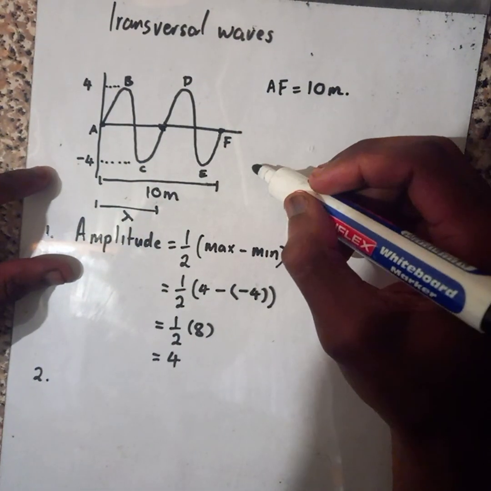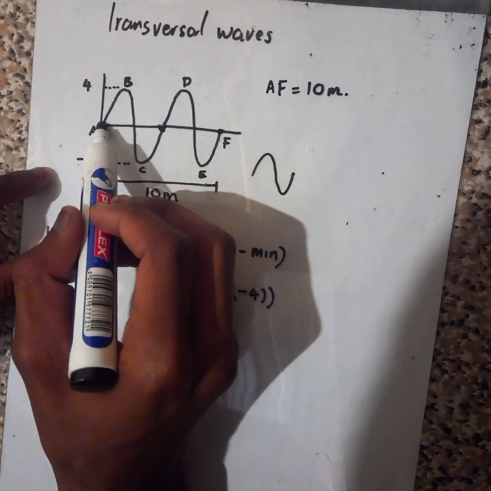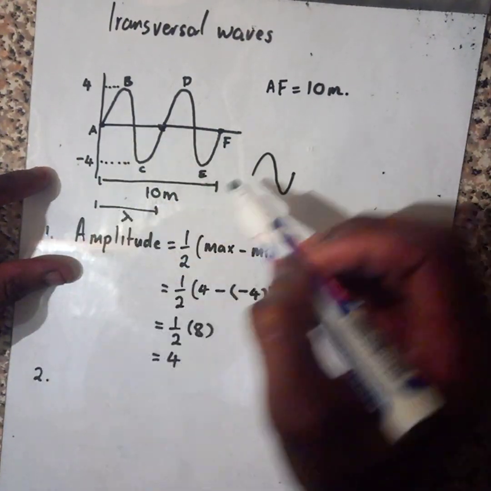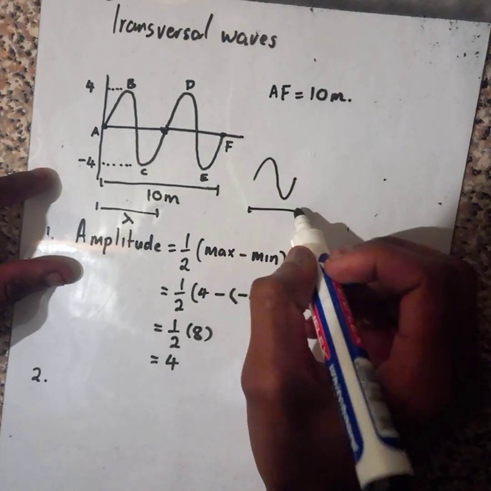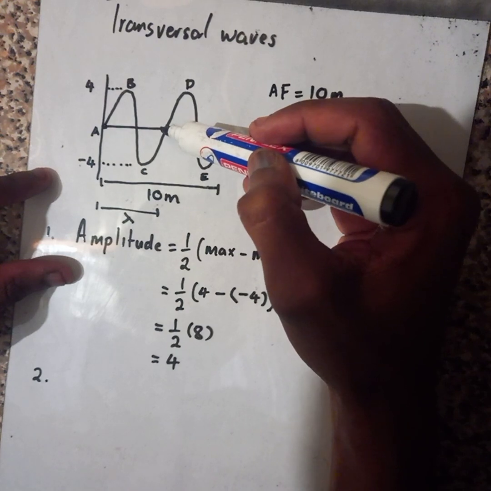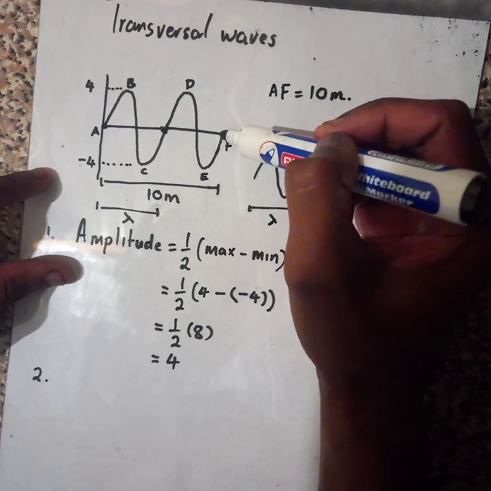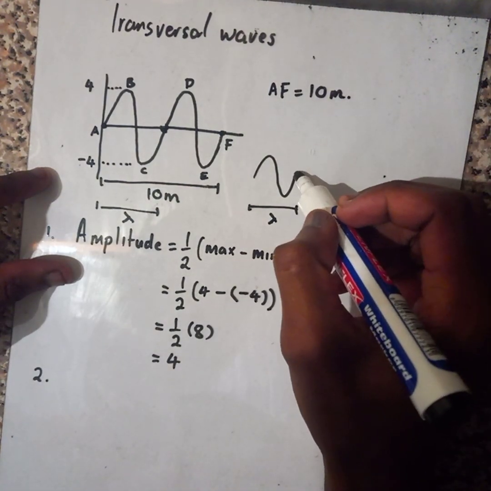We have the first oscillation like this. You see, from A till here, we have the first wavelength. Then we continue again by saying from this point till this point, we have another